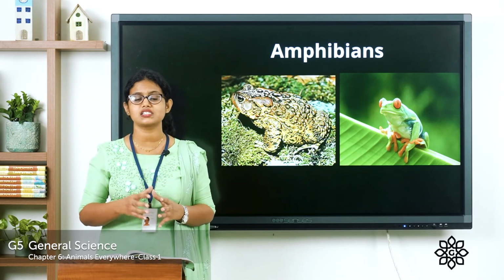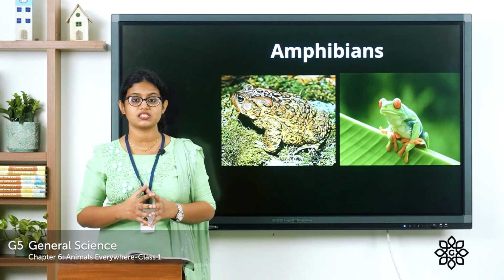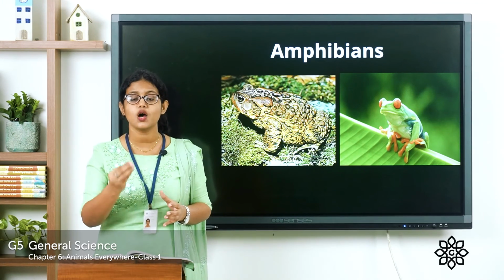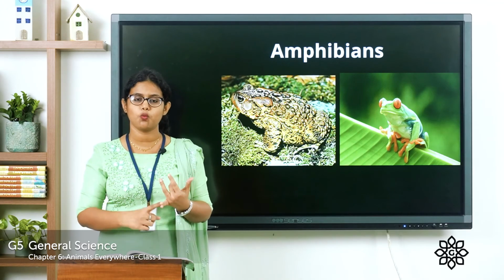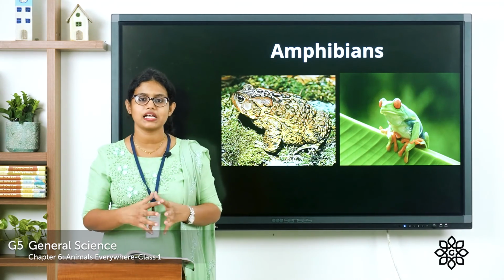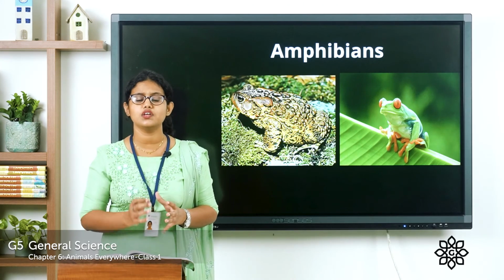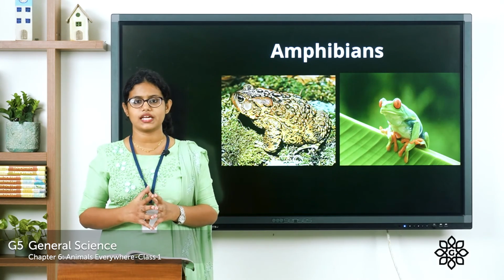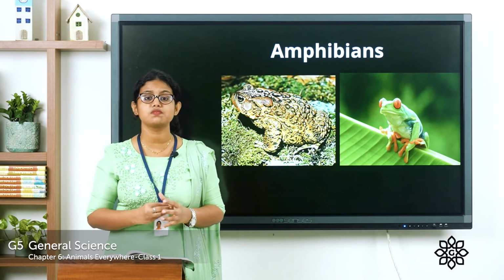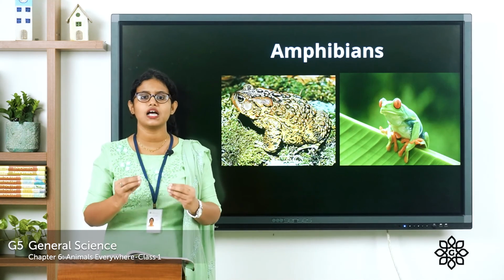So in this class, we discussed about habitat and we learned what is habitat. So what is habitat? A place which provides them water, food and the right kind of environment, we call them as habitat. And there are different types of habitats. And all animals have their own features that help them to survive in this place.